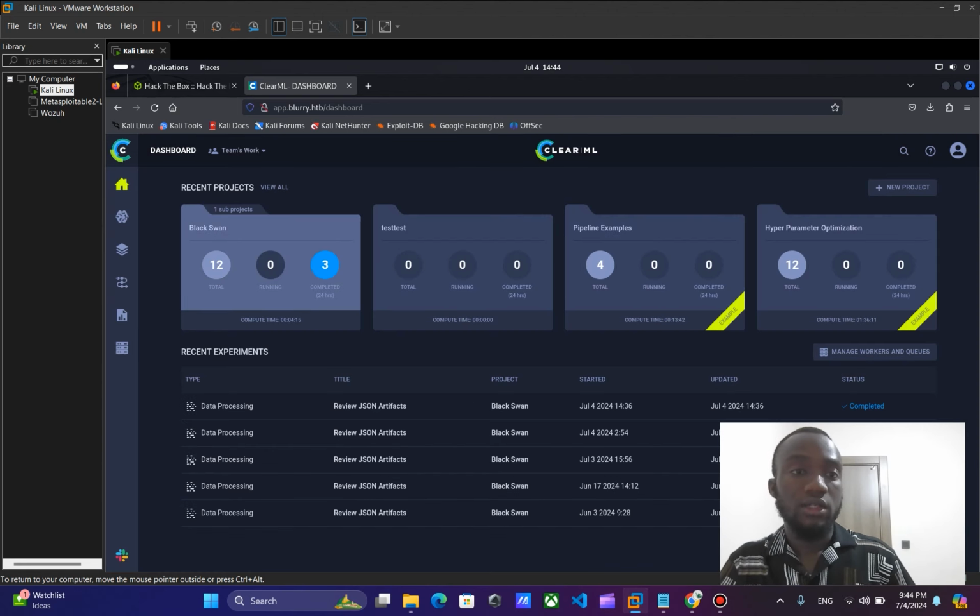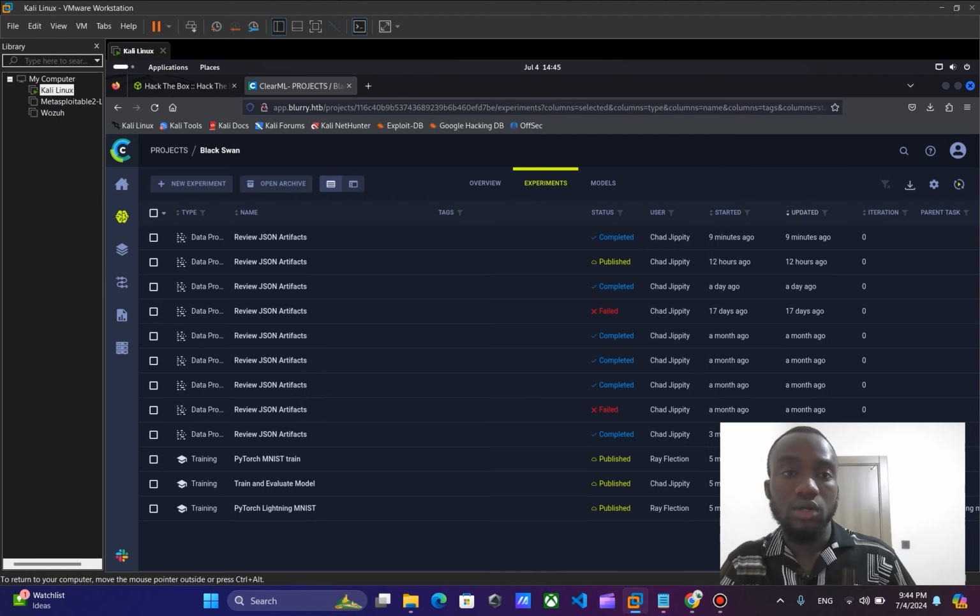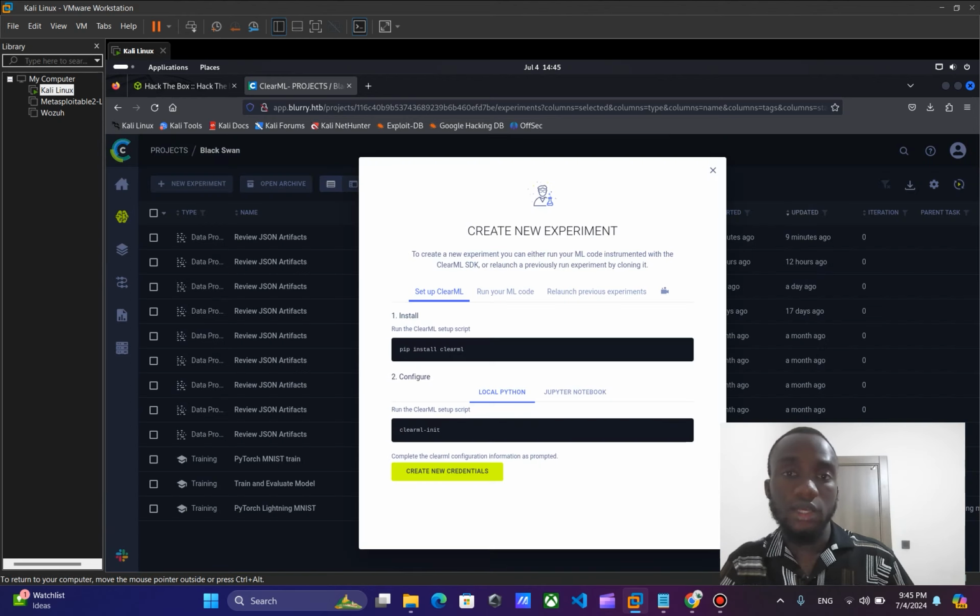Next, I'm going to locate the Black Swan project, and click on the Black Swan. Once the Black Swan project has been opened, I'm going to click on the experiment tab. Once the experiment tab has been opened, I can see several experiments that have been carried out on the ClearML platform. I'm going to click on this button called New Experiment, and